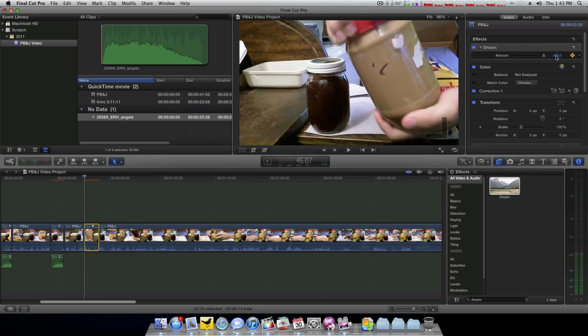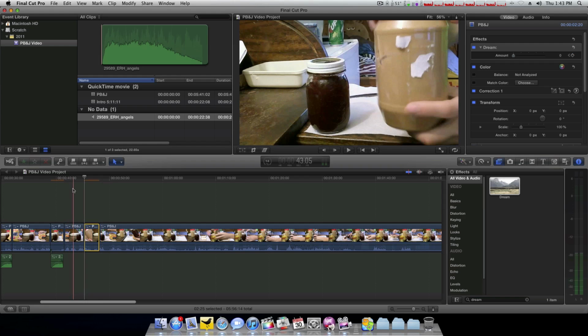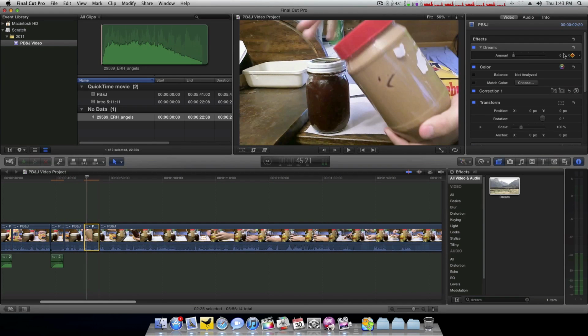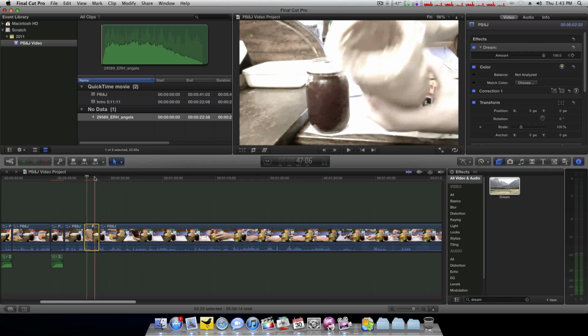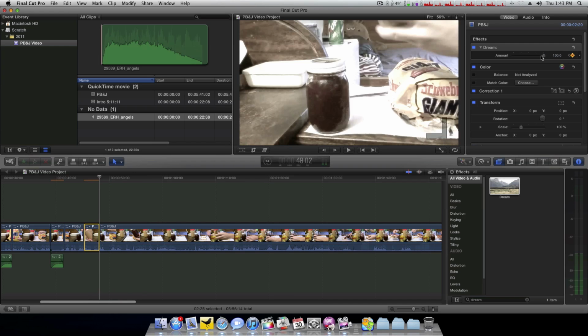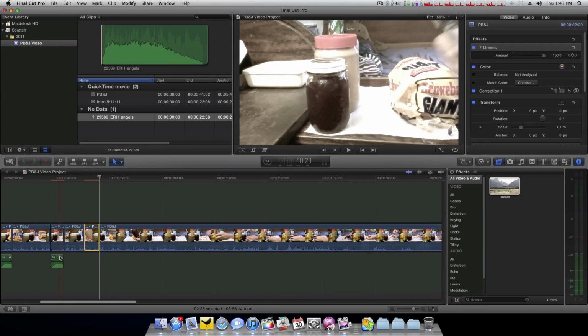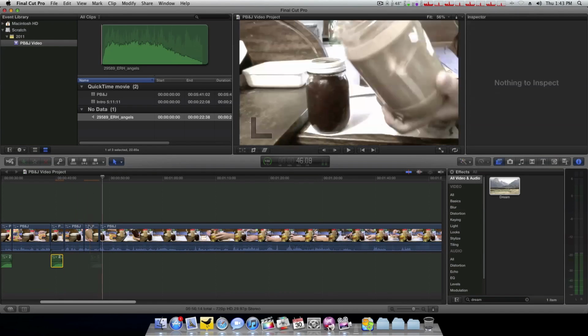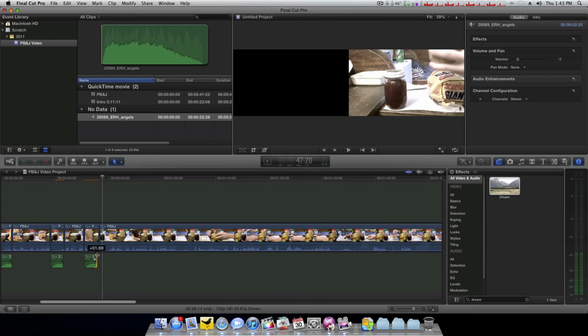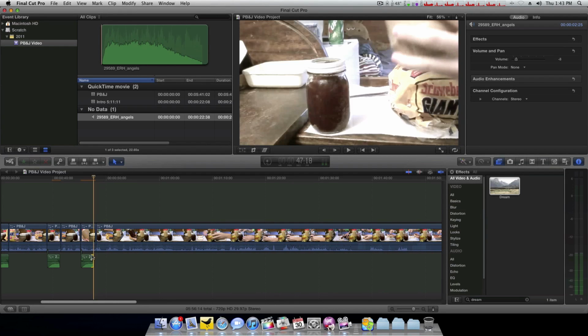So another keyframe of nothing. Snapping is already off, okay. So come in a little bit, keyframe of 100%. Close to the end, another keyframe of 100%. And at the very end, a keyframe of nothing. So once again, I'm going to copy this sound, paste it, and line it up. And we're good. I'm going to even drag this out a little bit, turn snapping back on, and this should